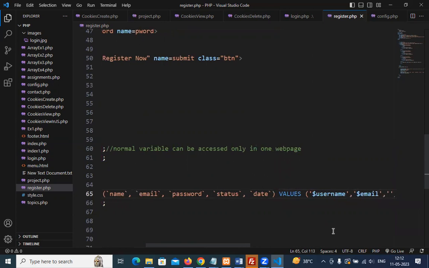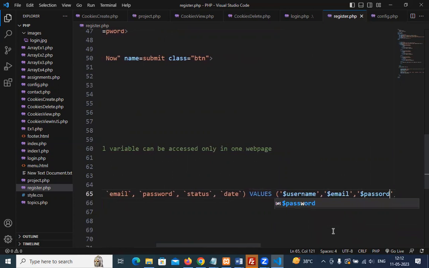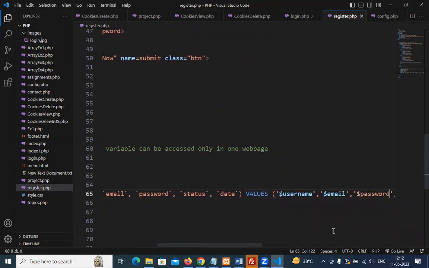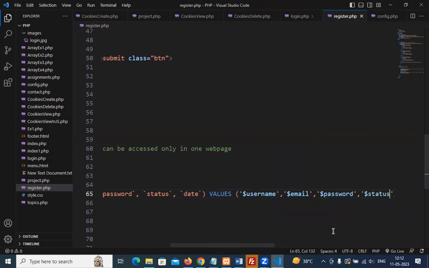Third value is dollar password. Then the fourth value is dollar status. And the fifth value is the now function. Now function will insert the